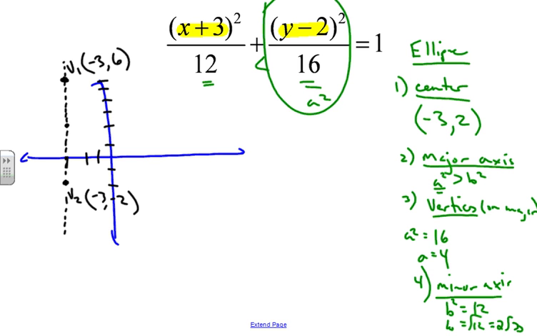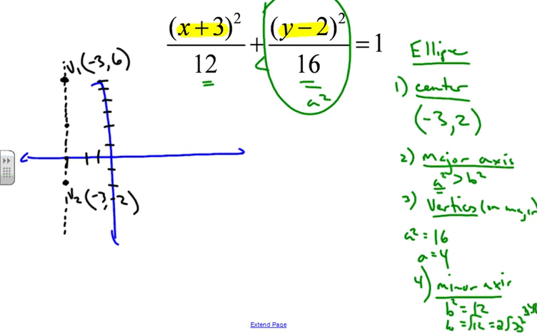Well, we can wrap that up, and 2 square root of 3 is going to be about 3.5 something, 3.46. Using your calculator, you can figure that out. All right, so it's about 3.46. You can see that. You probably can't, but in any case, we're going to go 3.4 units to the right and left from the